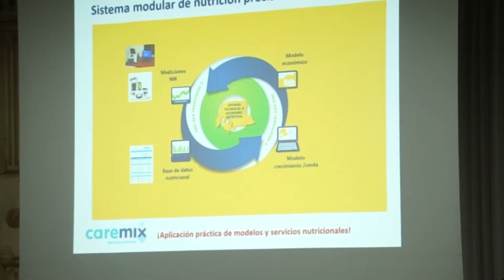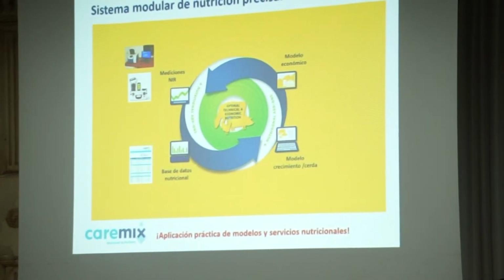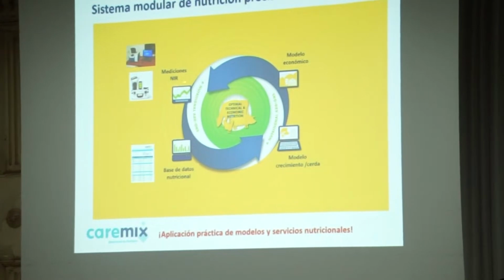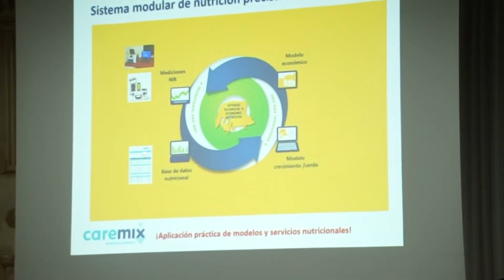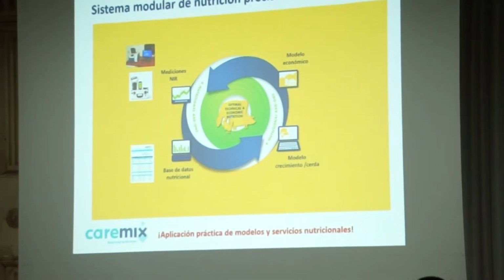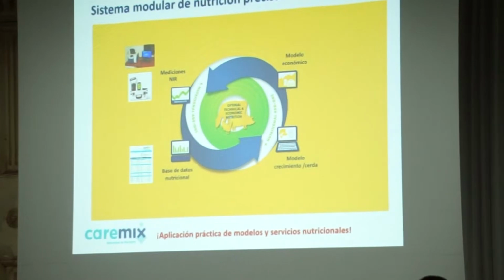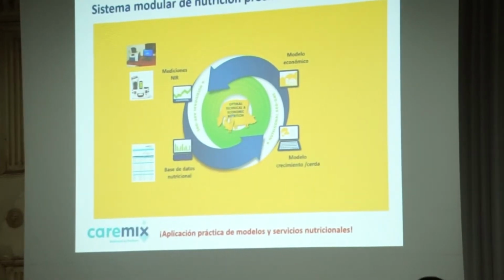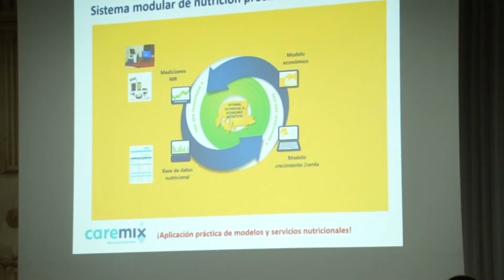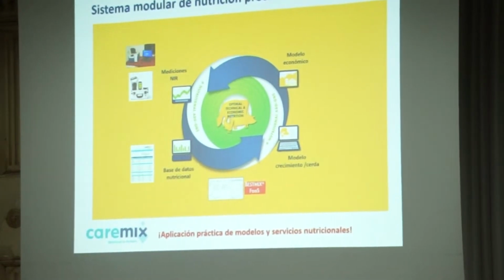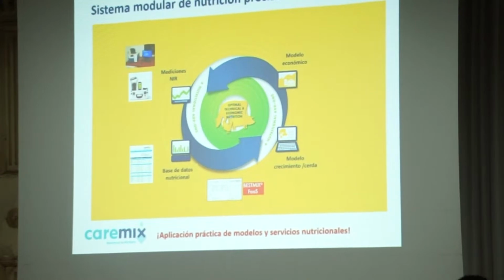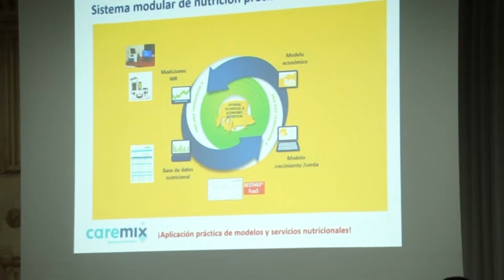Otra de las ventajas que tiene este sistema modular es la base nutricional, que se refiere a cómo con ese análisis proximal típico, que es lo que nos da la medición NIR, en cuestión de segundos podemos generar las matrices nutricionales de granos, de pasta de soya, pasta de canola, de las fuentes de fibra que estemos manejando, de forma tal que vamos a conocer los valores energéticos, el aporte de aminoácidos, las diferentes fracciones de fibra, que a su vez, en cuestión de minutos, al estar ligada esta base de datos nutricional con el programa de formulación, prácticamente al instante se puede hacer el reajuste de esas fórmulas para que, de acuerdo a la calidad de materia prima que estamos obteniendo, ya sea que tengamos una pasta de soya de 48 o una pasta de soya de 44, realmente podamos hacer el ajuste necesario en el perfil nutricional.